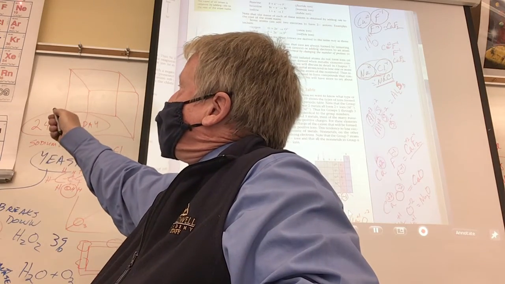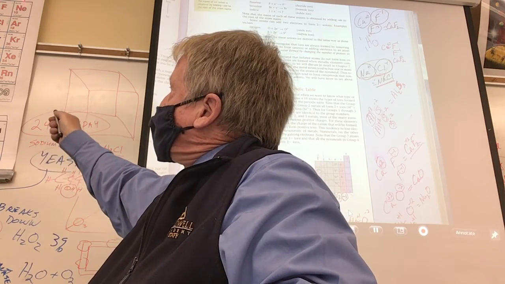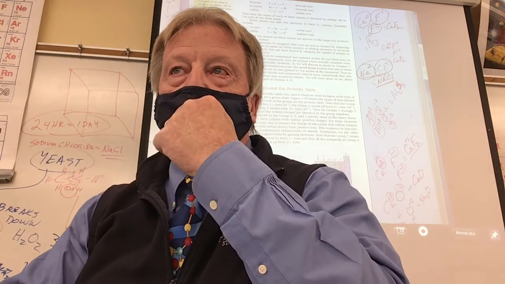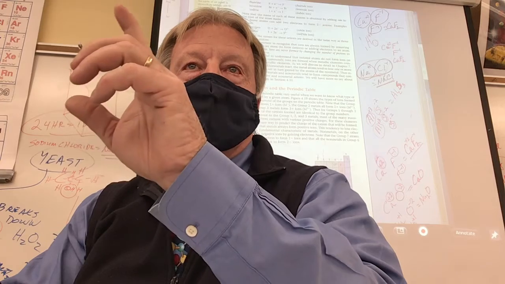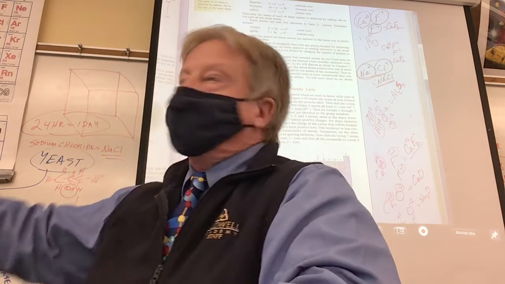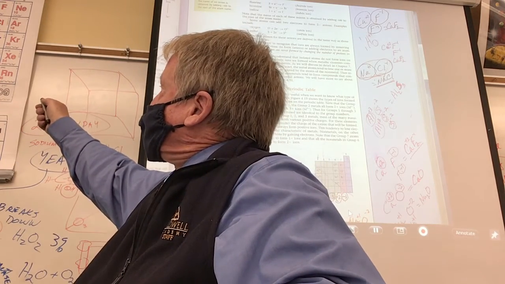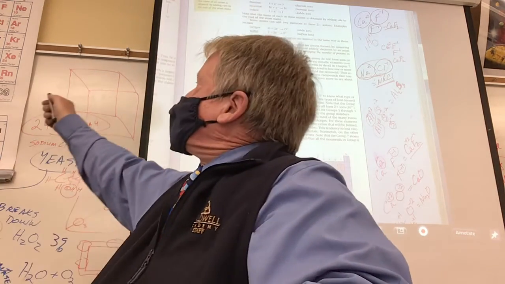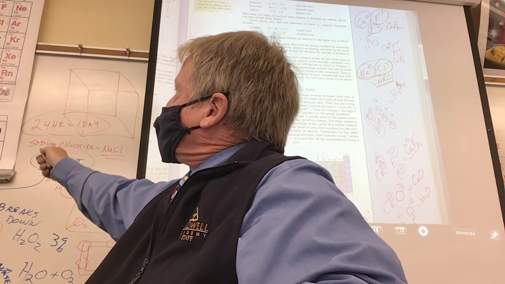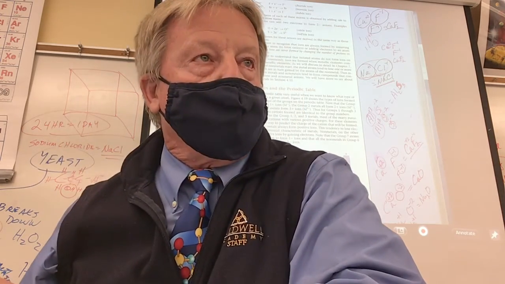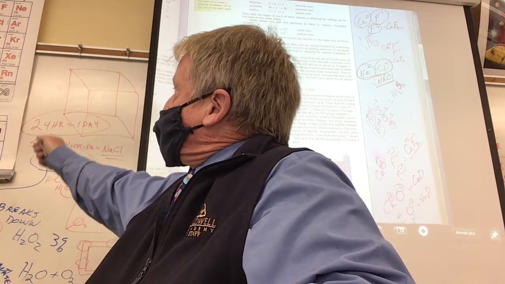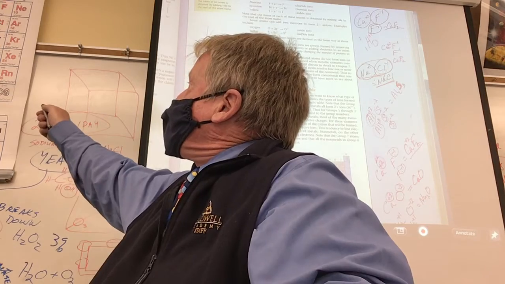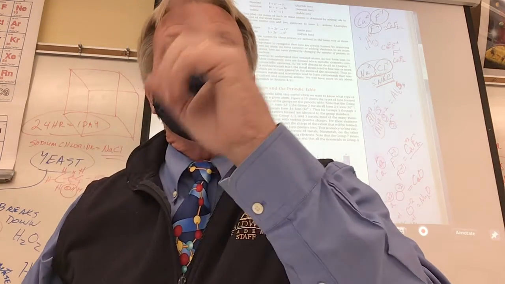Except for helium, every one of these noble gases has 8 electrons in the outermost energy level. Are you with me? 8 is the magic number. Now, I want you to pretend that you understand what that Roman numeral 7 means. I'm going to tell you what it means. Everybody who's in this group acts the same way because they all have 8 in the outermost energy level. All of these halogens act the same way in chemistry because they have, guess how many? 7. They have 7 in their outermost energy level.